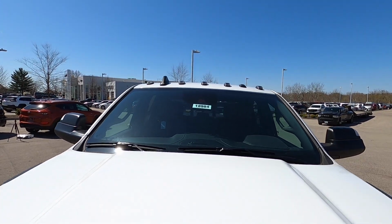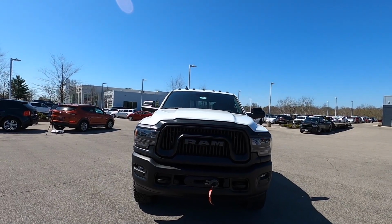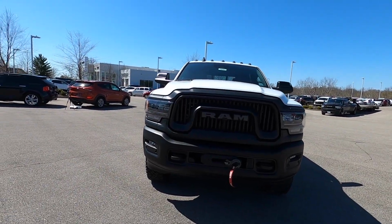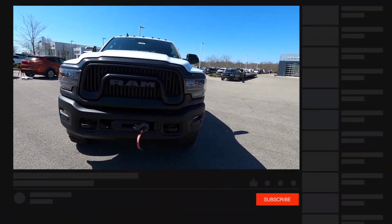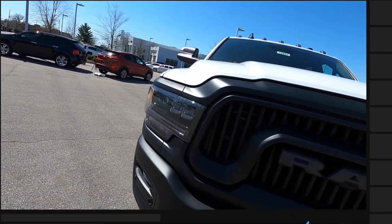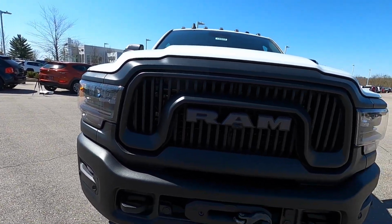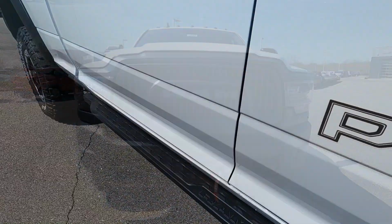With its heritage stretching 75 years, the World War II-era Ram trucks commemorated this heritage by introducing a special trim package for the first mass-produced 4x4 pickup with unique interior and exterior design elements and features. The 75th Anniversary Power Wagon features a unique matte black powder-coated grille, 75th Anniversary badging, 17-inch beadlock-capable wheels, and a